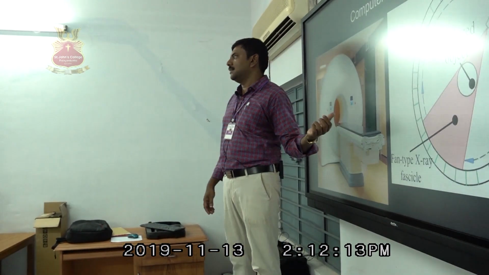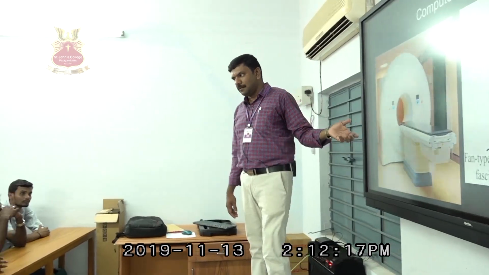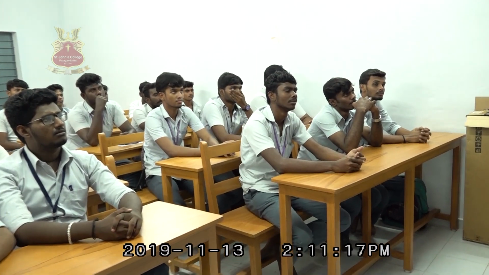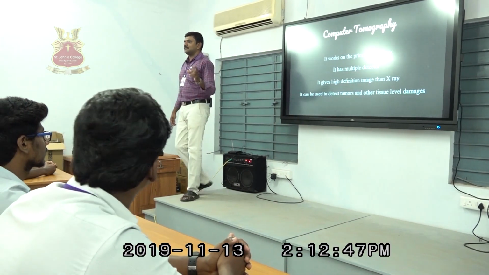And the accuracy of the image is much more consistent and high when compared to normal X-ray, because it is controlled by a computer. So it is called computer tomography. We all know the graph is just an image formation. It forms an image which is used to diagnose more detailed behavior of our body and some tissue-based problems. So it has multiple detectors, and the image is a high definition image, and the basic principle is just X-ray. So in the X-ray, there is a small drawback.